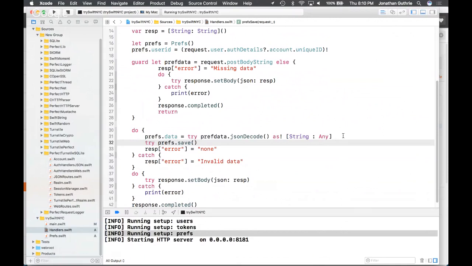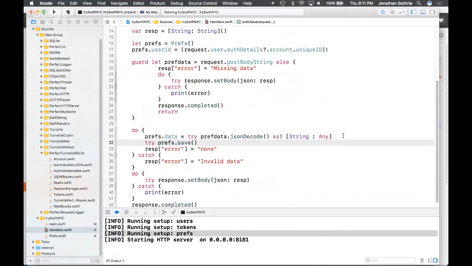The way the ORM works is that you can call the generic save method. If there is no primary key, then it will do an insert. If there is a primary key, it will do an update. Problem is, we're specifying a primary key, so it's going to try and do an update, but there's no row. Okay, so we're going to have to do a couple of different things right now.